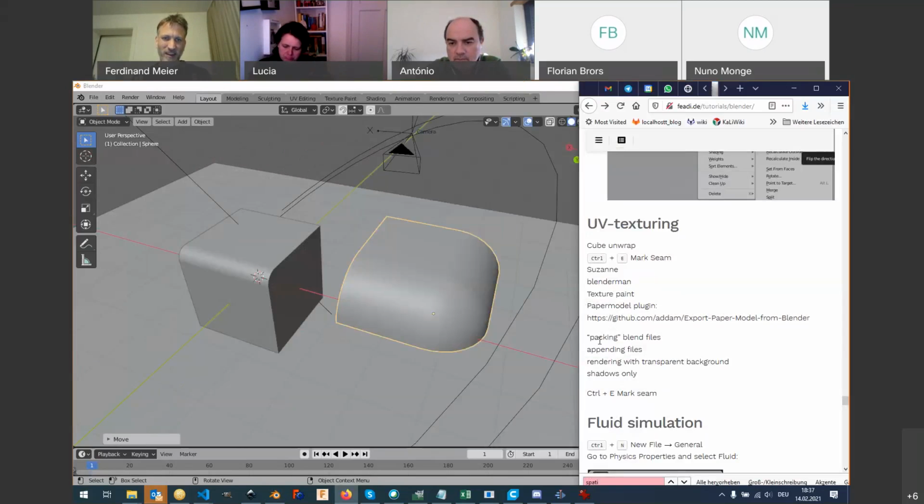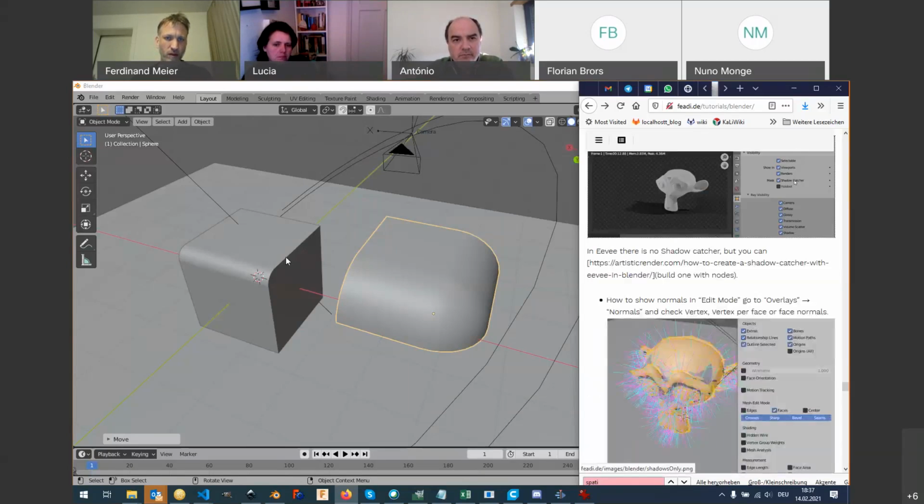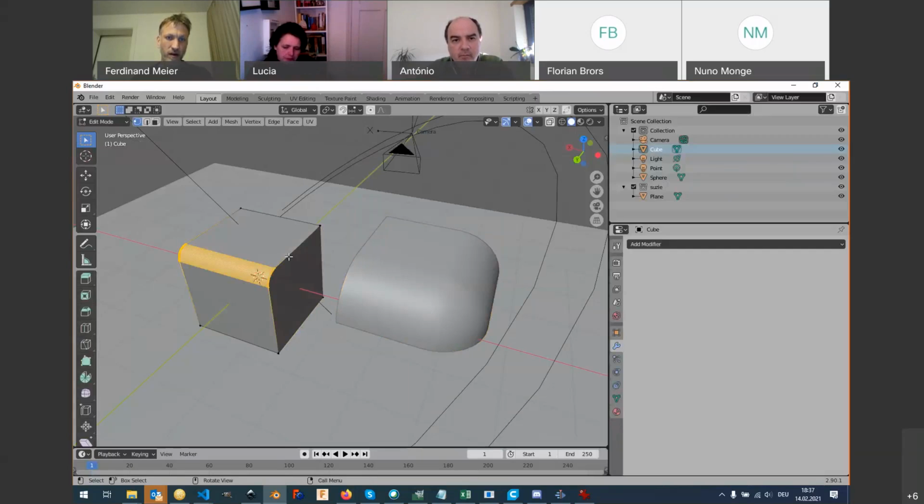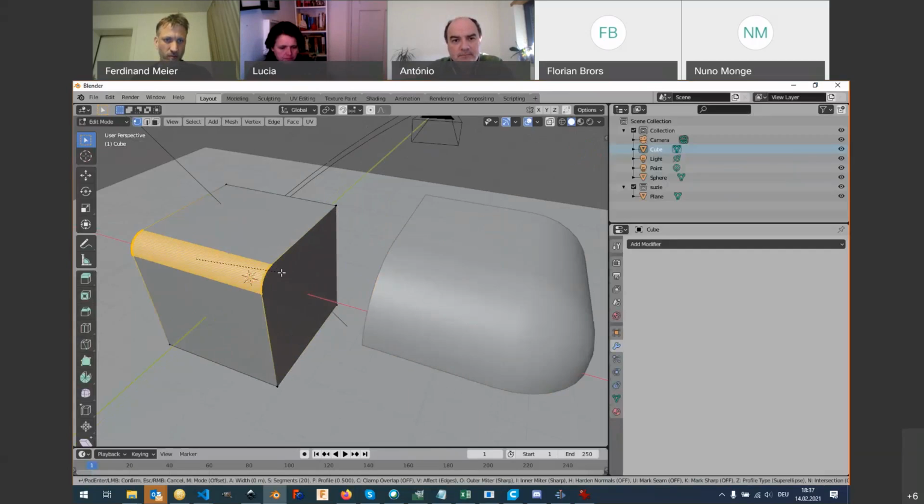Okay, I know that this was not really an answer to your question. My answer is, if you have something that is really complicated, rounded, try another software, or get good enough in modeling in Blender that you can just model it from scratch. Like the Bevel Modifier and the Bevel tool are nice to have, but they won't really